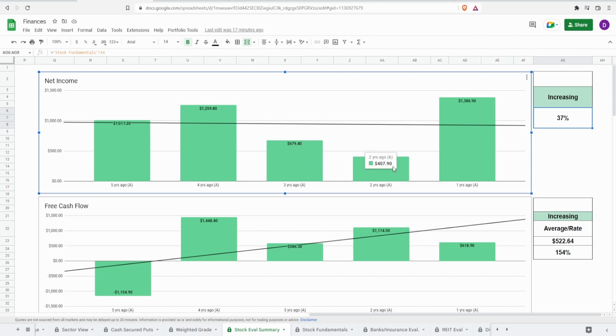Now this one of 2 years ago kind of makes a little bit more sense because of the whole COVID situation. But what doesn't make sense, guys, is essentially this 3 year ago number. Why did it go from 1.3 billion to 679.4 million? That is a massive drop, right? So this is one instance that I highly suggest everybody, if you're interested in this company, please figure out what